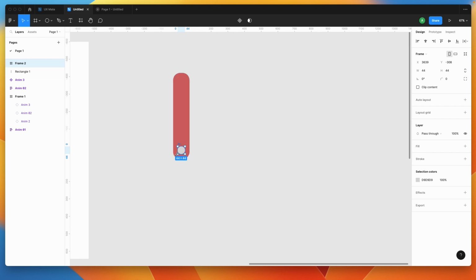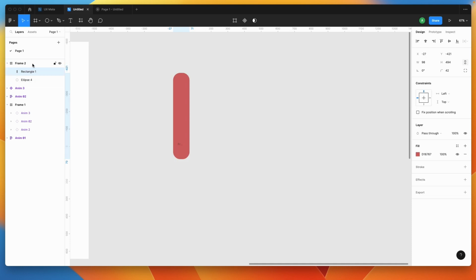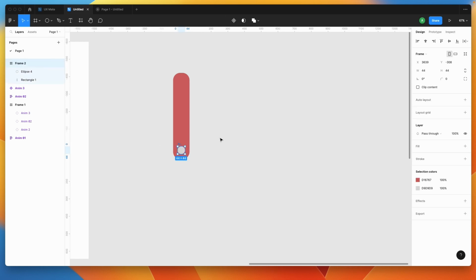It could be anything, a dot, but an ellipse or a circle makes more sense, because it gives us a feeling that okay, something is there, which is our center point, and based on that point we are rotating the objects. And now what we have to do, we just have to put this rectangle in this frame. That's it. Now you would be seeing, okay, my ellipse is gone. Okay, no, it's not gone, it's just below in the stack. I'll move it up, and then now when I select this frame and when I do rotation, see, I'm rotating this around this particular